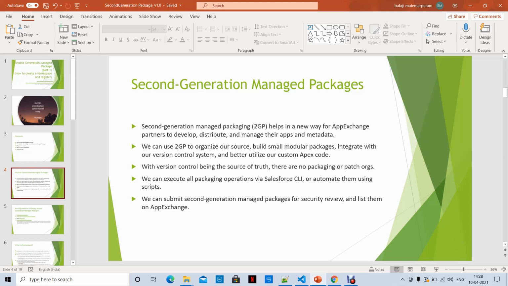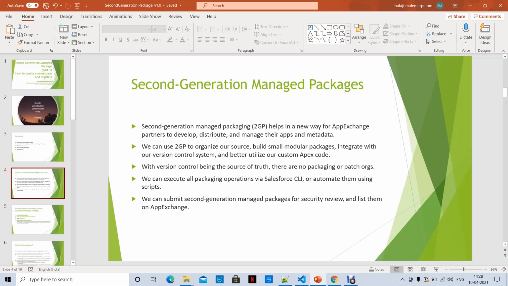You need to maintain an org for that. But in the case of second generation managed packages, you don't need to maintain any packaging or patch orgs. Instead, you can use your version control system, where you maintain your metadata components, as the source of truth for creating second generation managed packages.